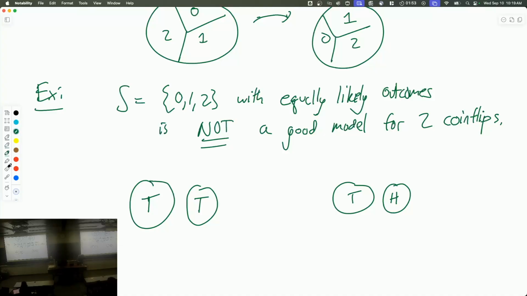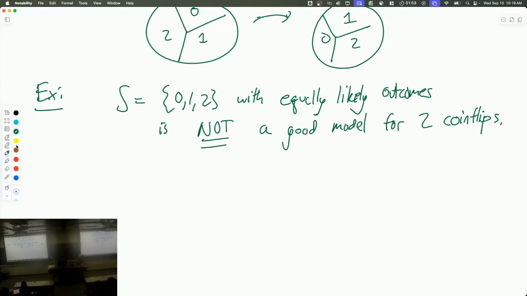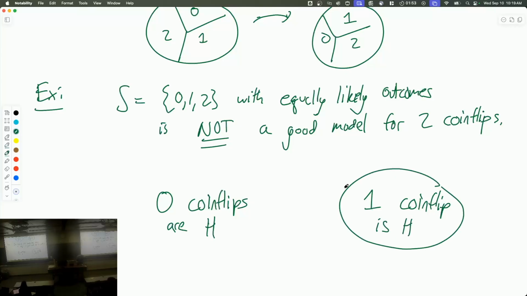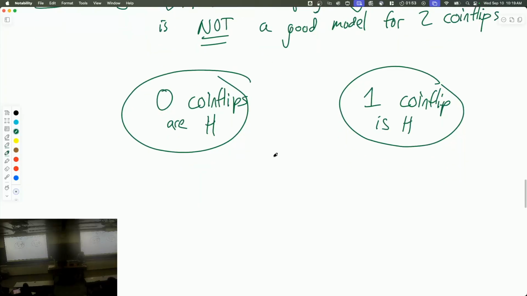Let me say it another way. Let's say the map from 0 coin flips came up heads to 1 coin flip is heads. These are two outcomes in our sample space, the 0 and the 1. These two are not symmetric. There is no reason to think that this should have the same probability as this. And the real reason is that 1 coin flip being heads can happen in 2 ways. So the actual good model in this situation for 2 coin flips